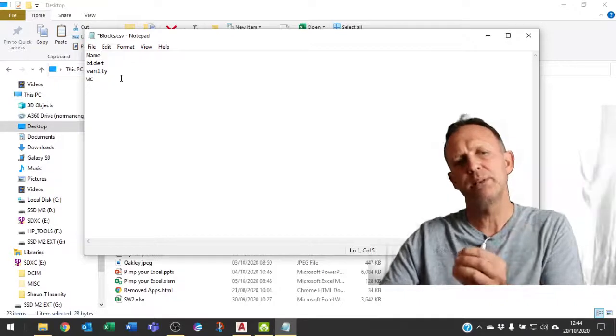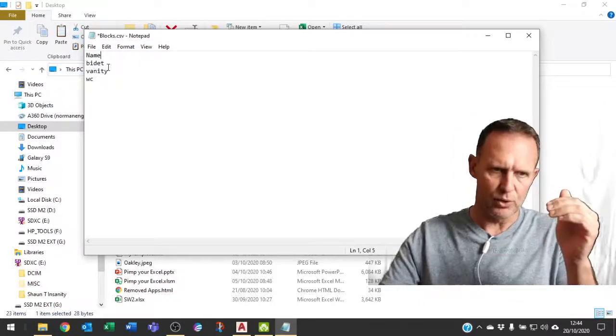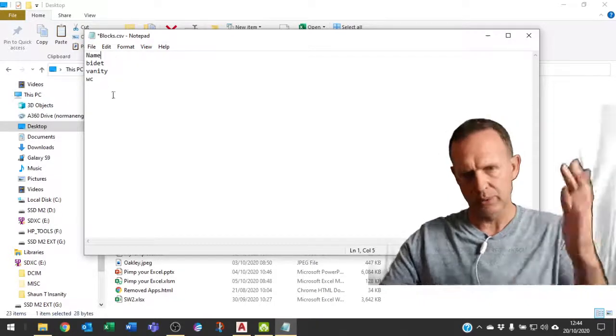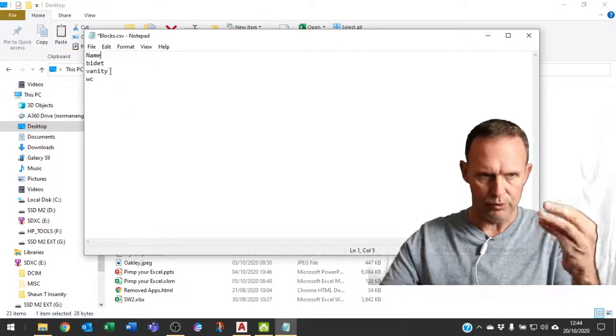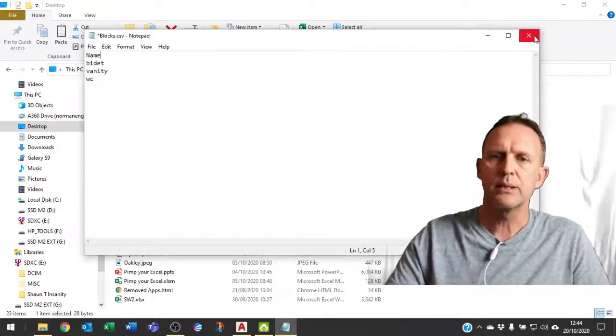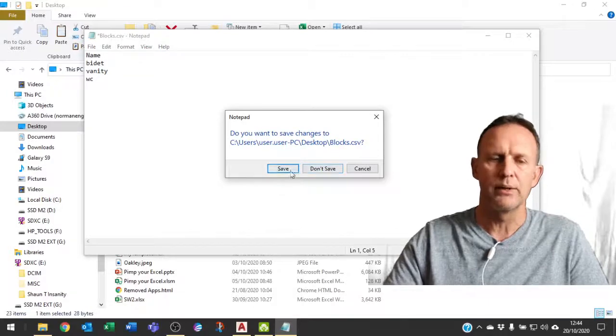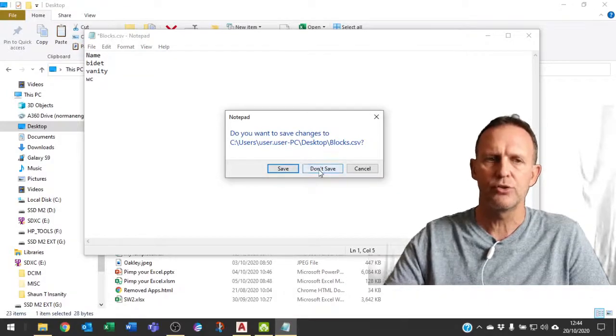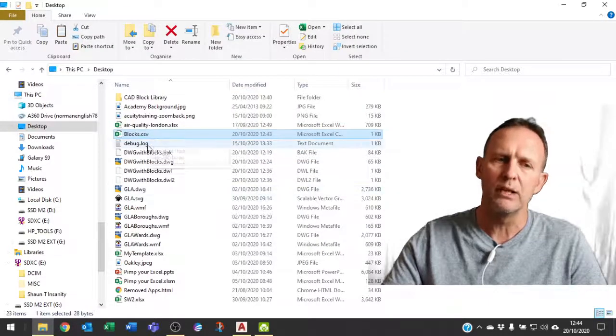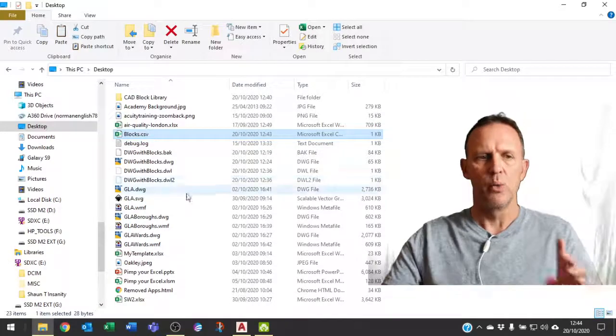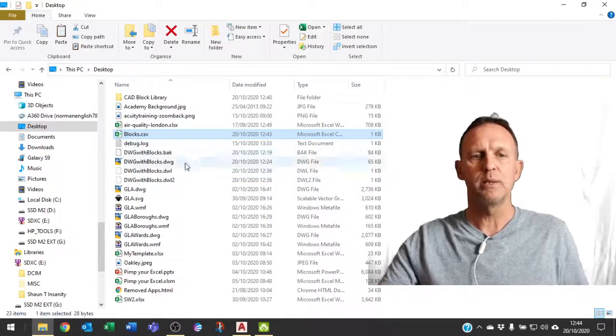But I've made allowance for this in the code, so if yours has put the commas in, you don't have to go through 1,000 different things and remove all the commas. You can simply change one of the lines of code. And now I don't need to change this because I haven't actually made any changes in my CSV. What I am going to do now though is copy this,